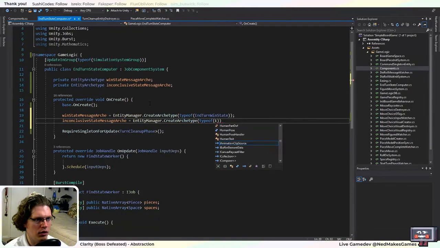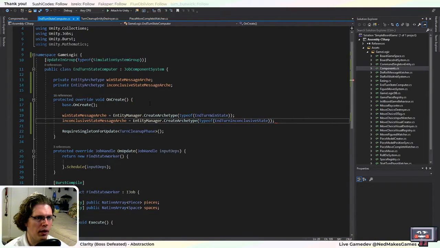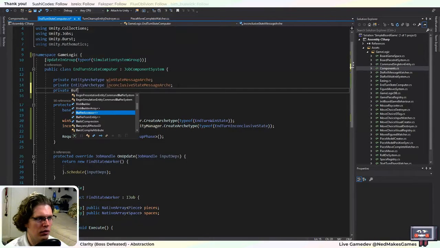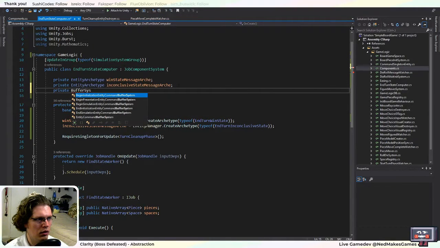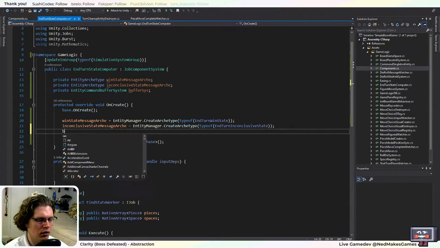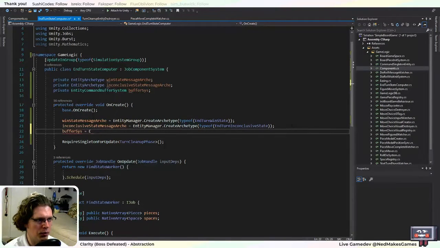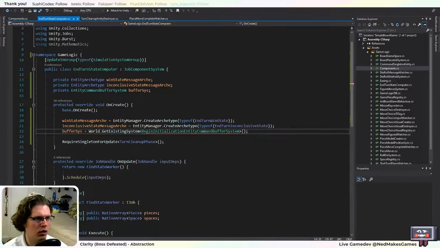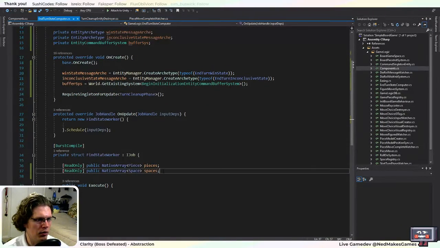And then end turn inconclusive state. Oops. Okay, and then I guess I'll need a buffer system. And the buffer system will be the begin initialization. Okay, so